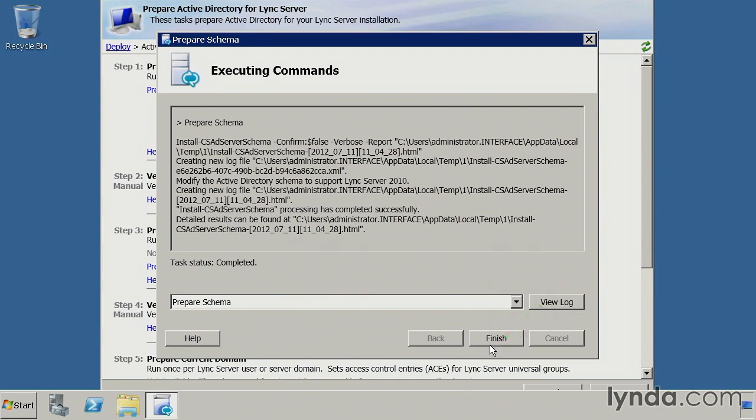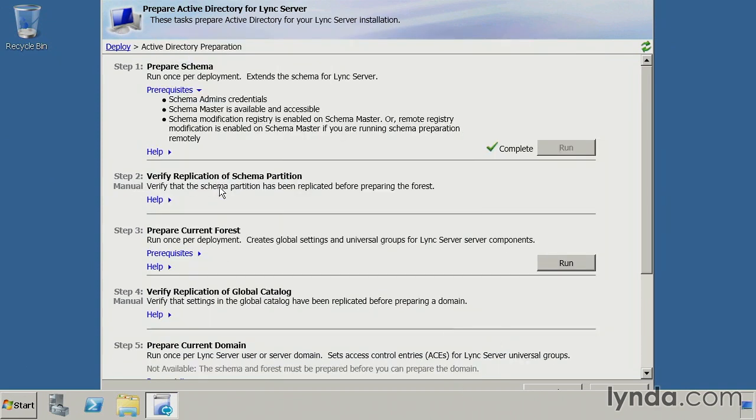So I can click finish. And step two would be to verify. This would be just going into the directory and taking a look at some objects. We're pretty comfortable here that that's been completed because we didn't get any errors. So we're going to move on to step three, which is once per deployment, you're going to prepare the current